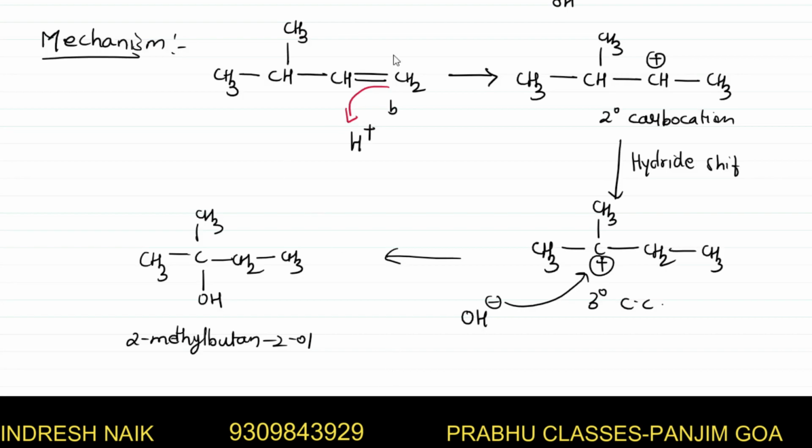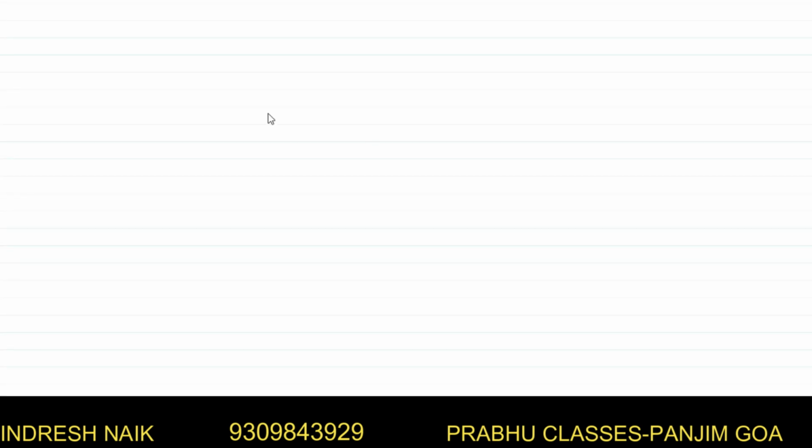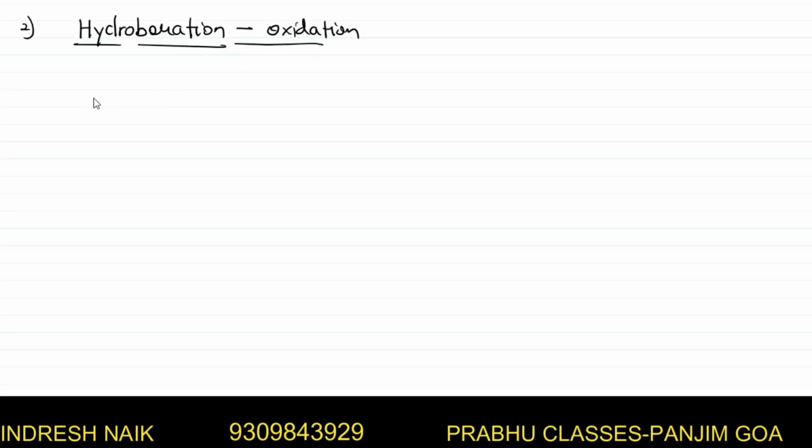Next, let us learn about hydroboration oxidation, under the same second category. I said the first was acid catalyzed hydration of the alkene. Next is hydroboration oxidation. The hydroboration oxidation reaction is this. We'll take the same asymmetrical alkene, as we had taken there also. This is the alkene. And what reagents we add is